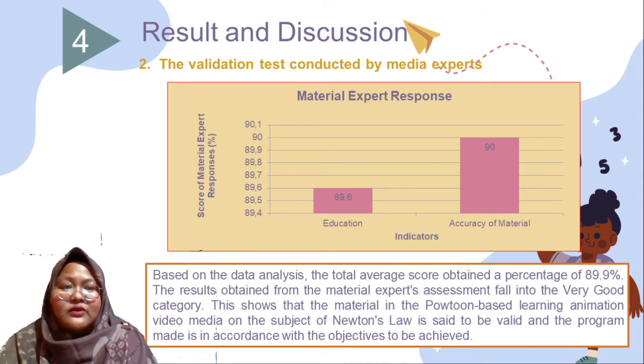From the graph, we know that in the material expert validation, there are two indicators: education and accuracy of material. From the graph, we know that the validation task that has been carried out by the material expert in terms of education obtained an average value of